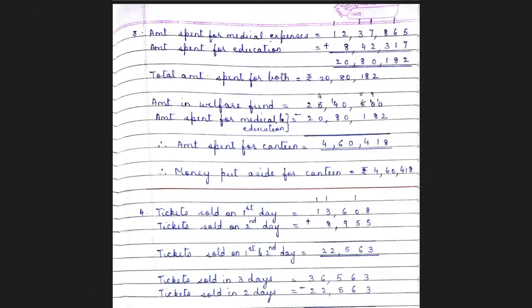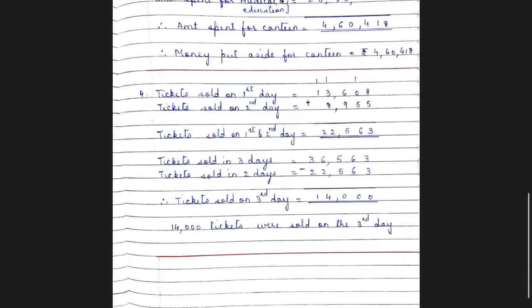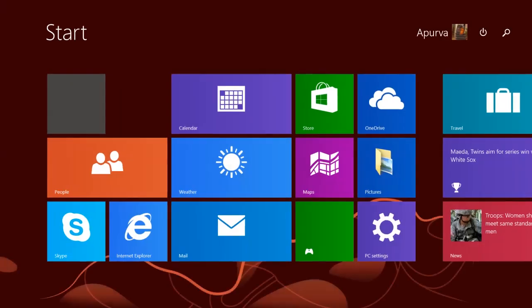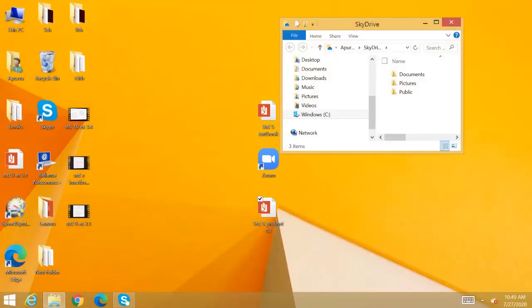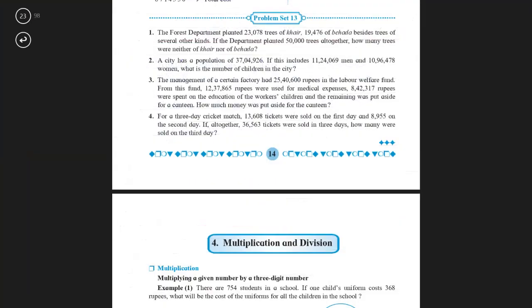What is the total amount in the welfare fund? 25 lakhs 40,600. Now from this, if I were to subtract the amount spent for medical expenses and education, what I get will be the amount that is spent for canteen. So when you subtract, you get 4,60,418. So this is the money that is put aside for canteen. Okay. We go to the last question, number 4. Question number 4. For a 3-day cricket match,